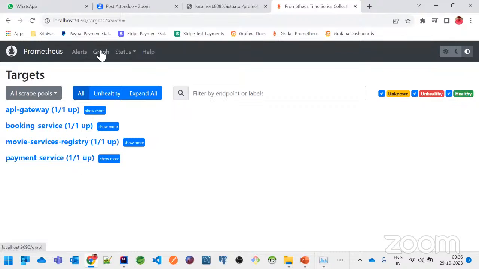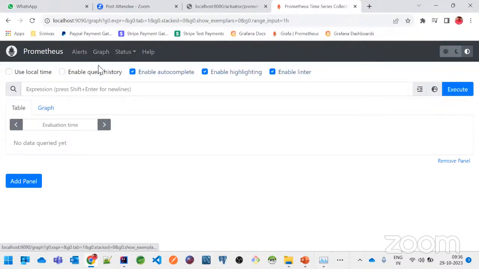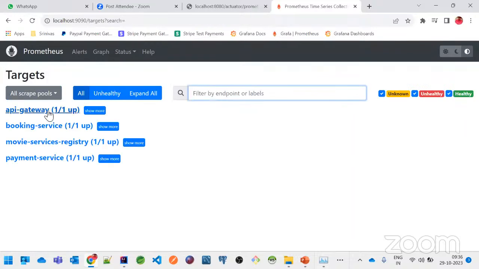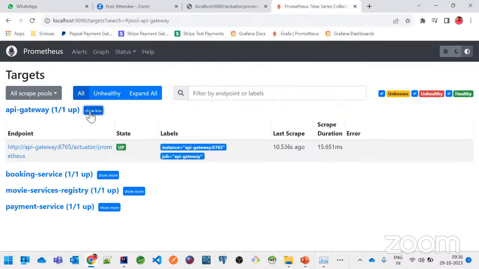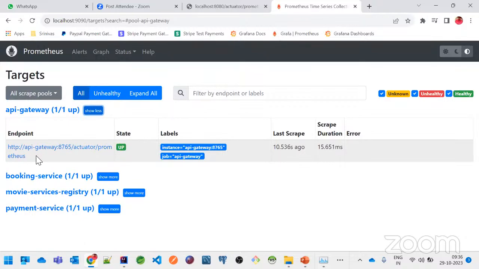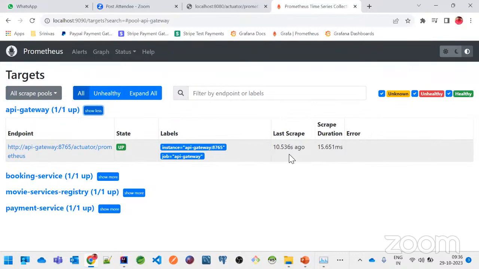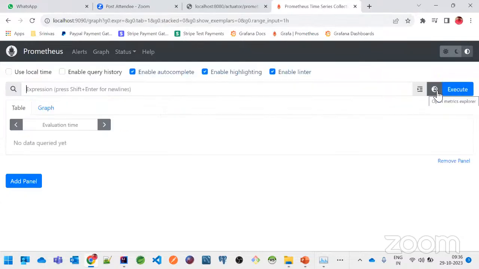Okay. But if I just go to this graphs, first of all, let me go to this targets first. And I just wanted to select one of these, show more. And it is going to show the endpoint of the application. The status is up. And then probably we have something like how many seconds ago this application has been started and all these kind of things. Okay. Now we have something called the graph status, where if you just see this, 1 second, I'll just go